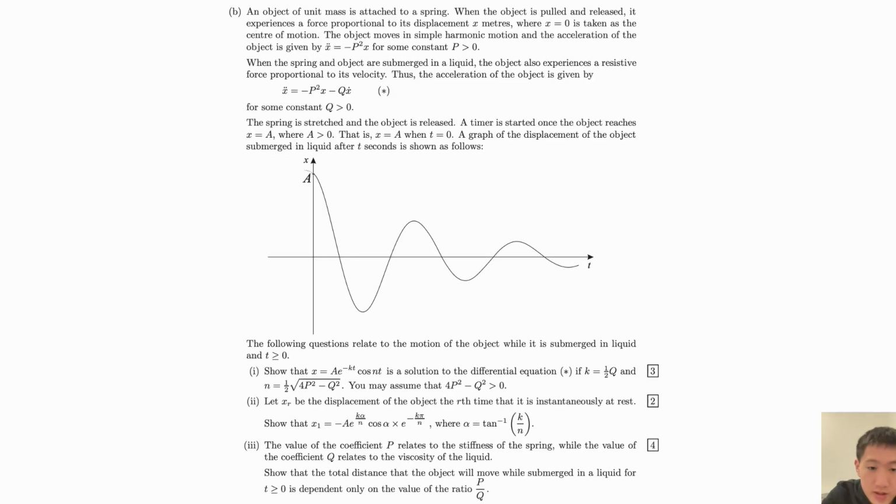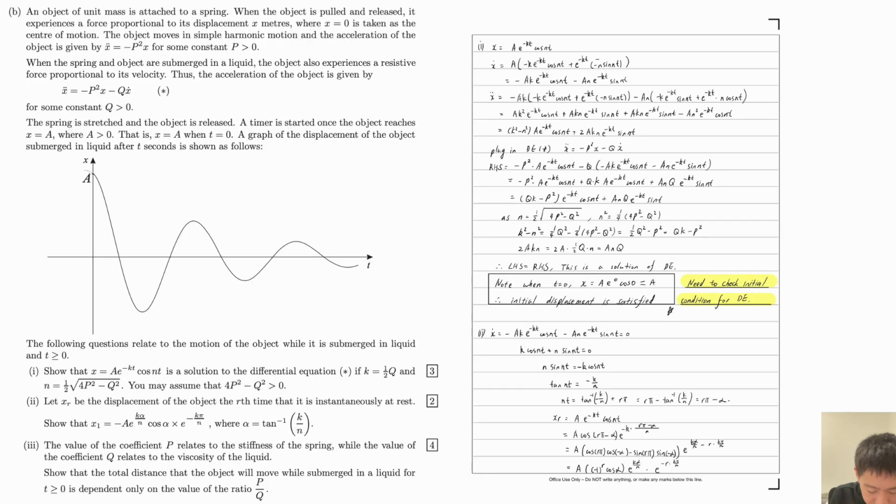The question is actually, I think, very complex algebra. What you need to do is, you have this expression and you want to show it's the solution of this. Of course, you need a velocity and acceleration, so you differentiate it twice, and you need the product rule, so you just need to be careful here. If you're careful, you can avoid making any mistakes, from my perspective. After that, we plug it into the DE, and we equate right hand side and left hand side,